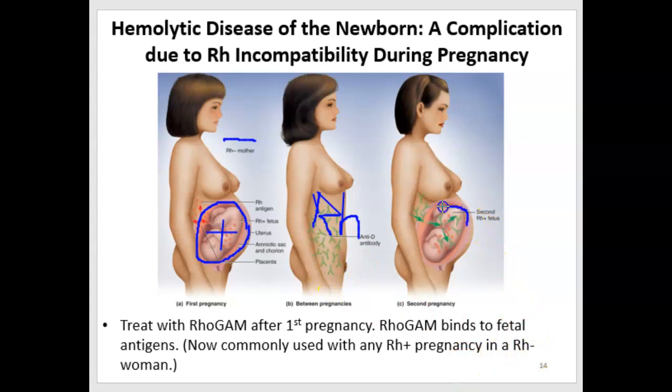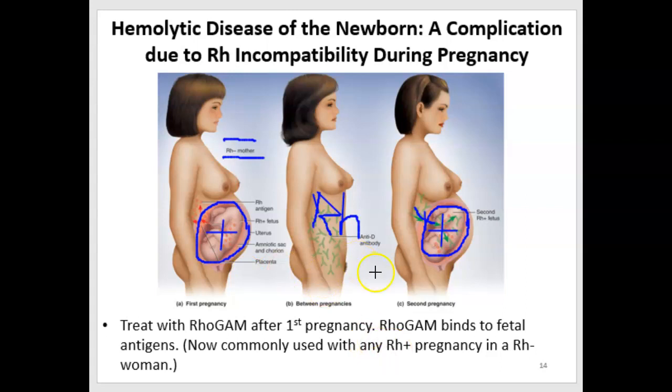And again, this child is RH positive. This is a problem because now the antibodies present in the mother's blood can get into the bloodstream of the fetus and cause destruction, agglutination, and destruction of the baby's red blood cells. So what they do is anytime an Rh negative mother has given birth to an Rh positive child and she becomes pregnant again,